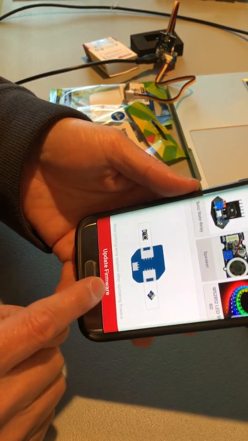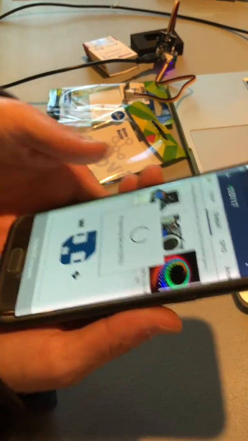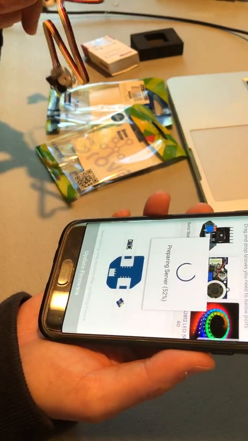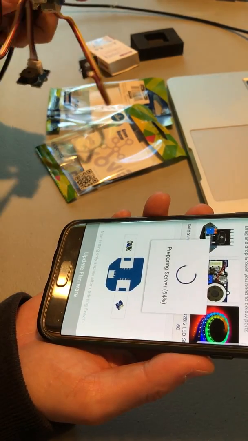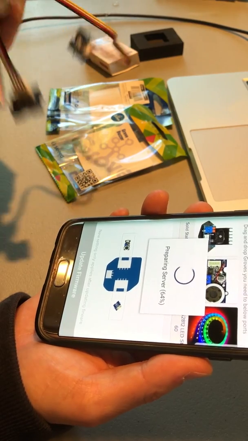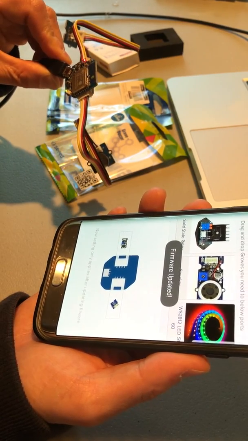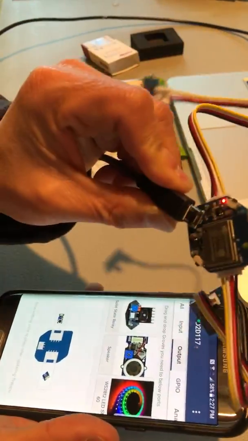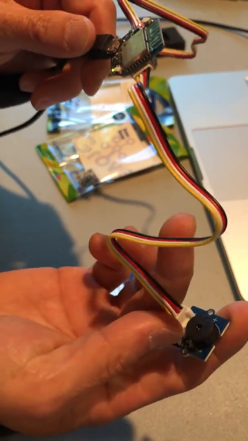And we should do update firmware. So firmware updated. That means right now this device has a proper firmware and can interact with